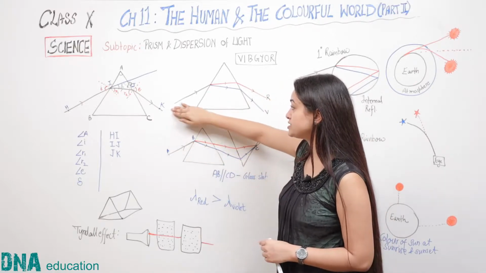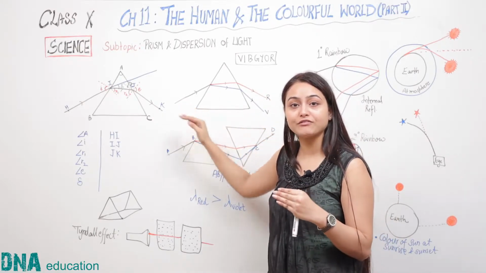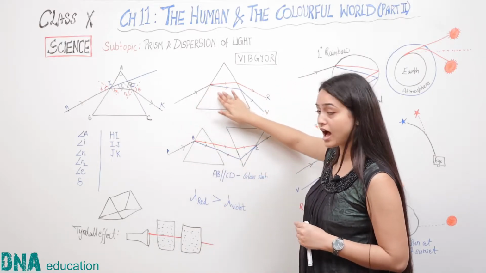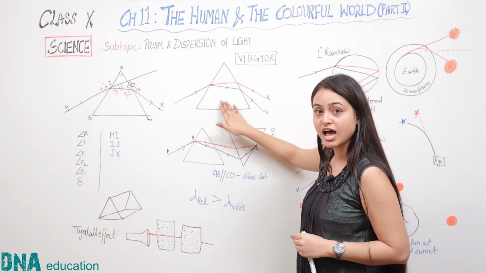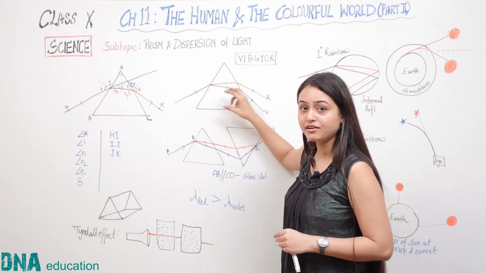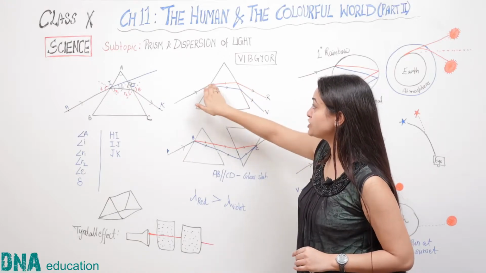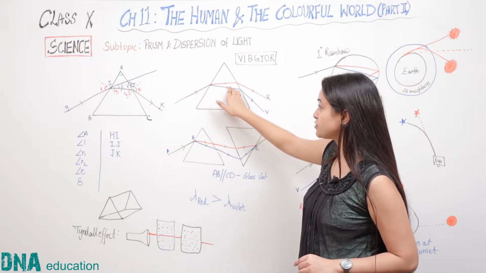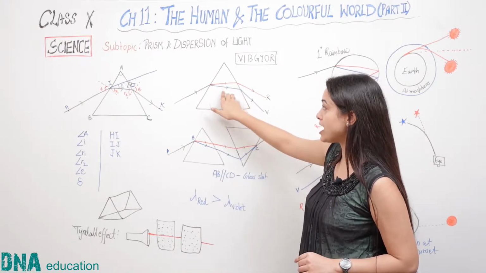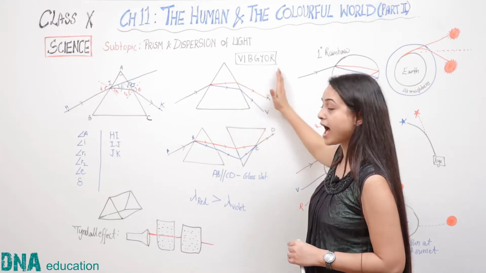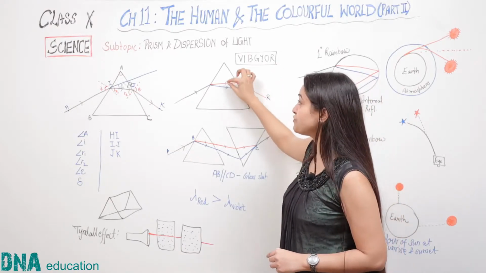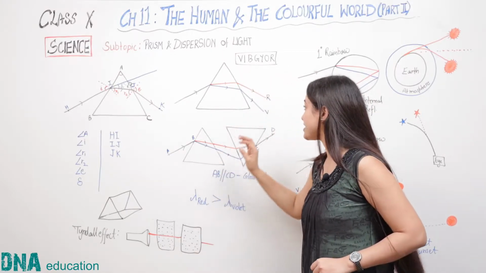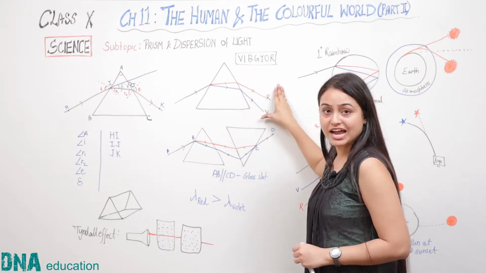This happens because different colors of light travels at different speeds in a medium. So when white light enters the glass prism, the medium changes and different colors of light start traveling at different speeds, because of which they are refracted in different directions. So we see that all the colors of the light from red to violet are split and they are obtained as a band of 7 colors. This phenomenon of splitting of white light is called dispersion, whereas the band of 7 colors that we obtain is